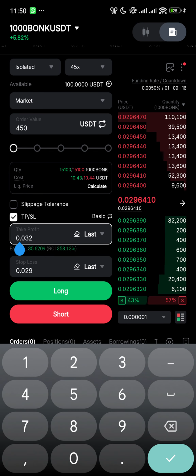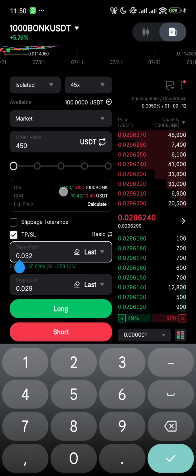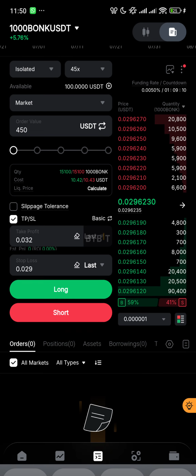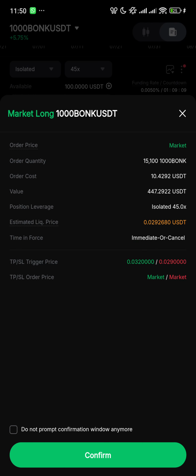So I'm going to click on long. You can see, using leverage, you shouldn't be afraid of using leverage. You can see the breakdown here. I'm getting a quantity of 15k, and my cost is 10 points. That's the leverage amount, the borrowed capital is now $400. That's what leverage really helps you do. Now the position leverage is isolated, and the estimated liquidation price is